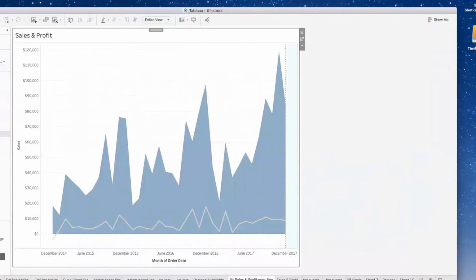Now this is a dashboard, not a worksheet. And as I move my mouse over, the reference line will follow my mouse and follow the points. This is really useful if you have multiple measures, like multiple area charts. So I am doing one where it's a doctor's office and they have appointments, and then they have canceled appointments and consults. And I have different area charts across the state where they want to be able to compare how many